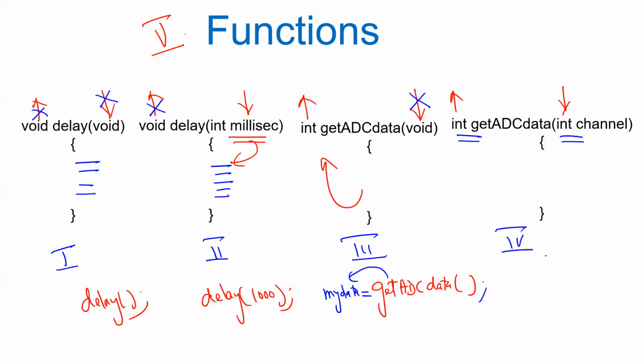In the last variant, again the same function, but in this case it is also accepting a parameter. So what am I doing? I am passing the 10th channel, where I want the data, and the returned value is again assigned to a variable called my data. So in this case, I am assigning a value and also passing the parameter. When you are using these functions, you have to be cautious whether the return value is assigned to a variable, so that the same thing can be reused later on. So I'm just keeping it the lean methodology. Lean methodology means something which is the very minimal and very essential part of the programming.